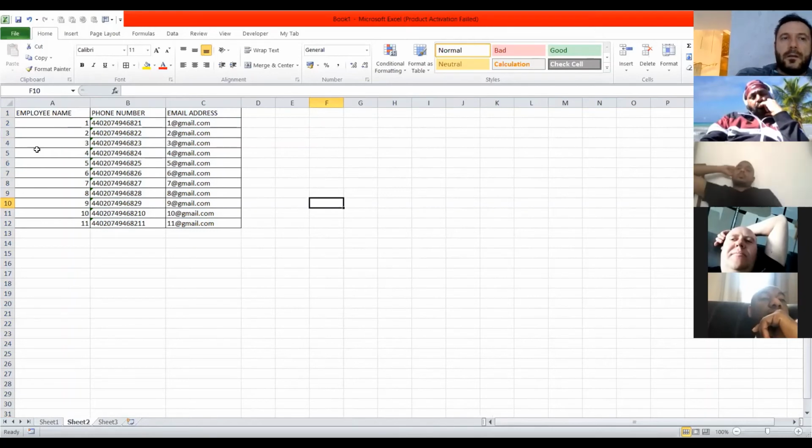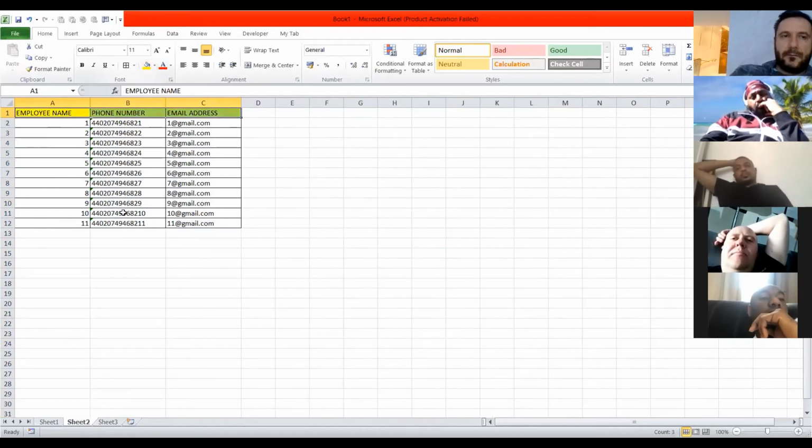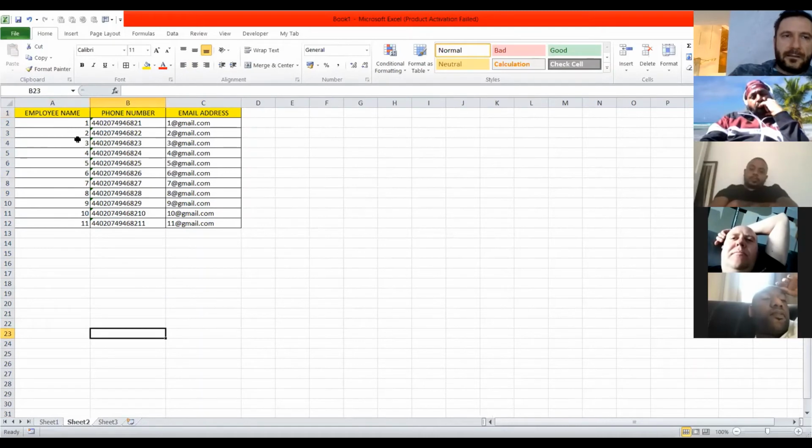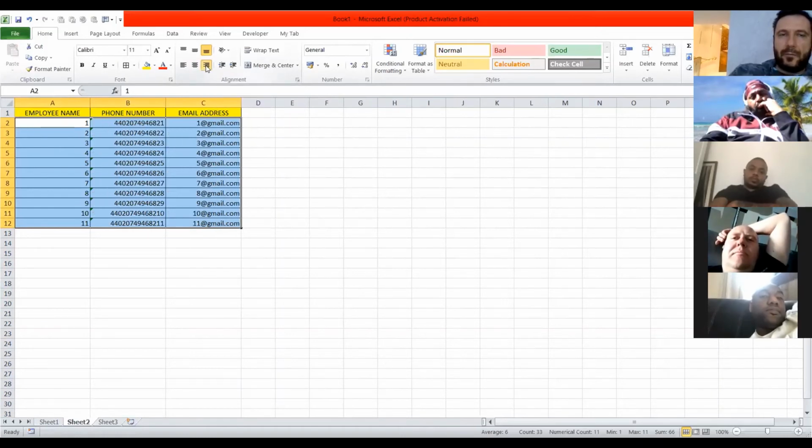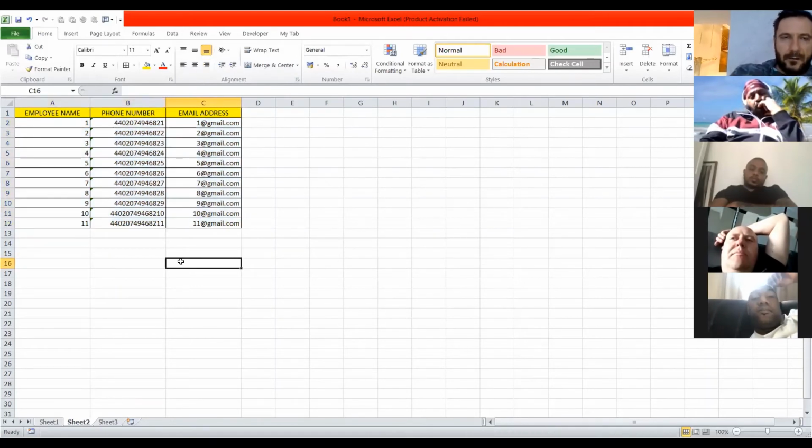Okay, so now I'm gonna just change the color of the first row to highlight it so everyone can see. Yeah, and it's gonna be better. And same thing, we want to put everything on the right side. So I select all the table, and I'm gonna click there on the align sign so it's gonna let me put everything on the right side. So it's gonna look quite neat and organized.